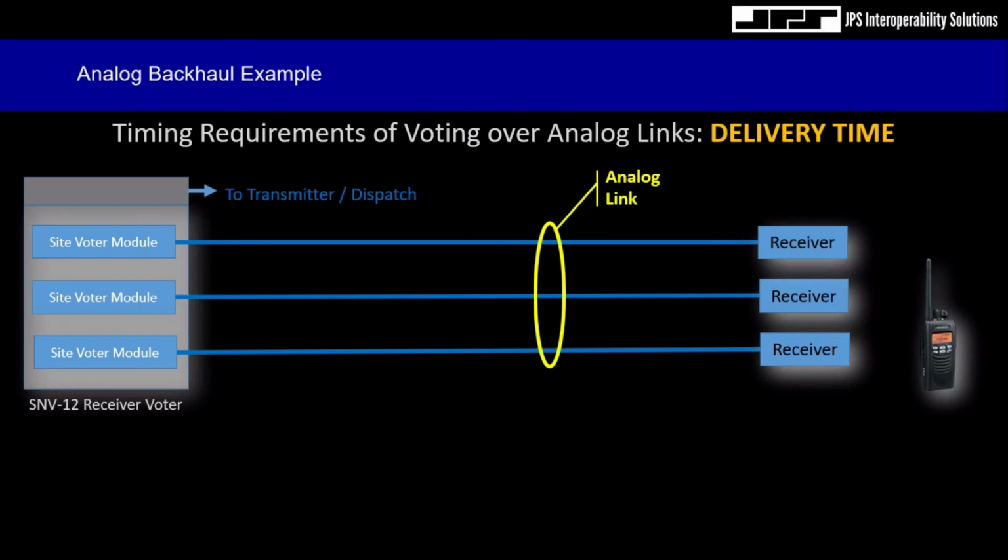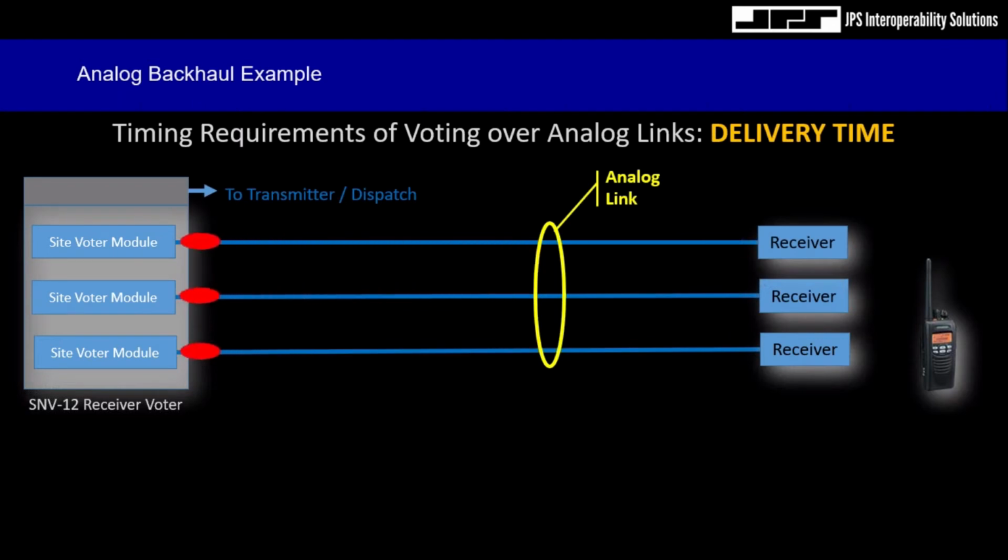So again, we have our simple 3-site single-channel voted system with 3 receivers at the right and 3 analog lease line backhaul links in this example. When a receiver is in an unsquelched state, the voter begins to assess the spectral FM noise of received audio from each of the lease line backhaul links. The voter selects a single site based upon quality and sends that audio to the dispatcher or repeats the audio